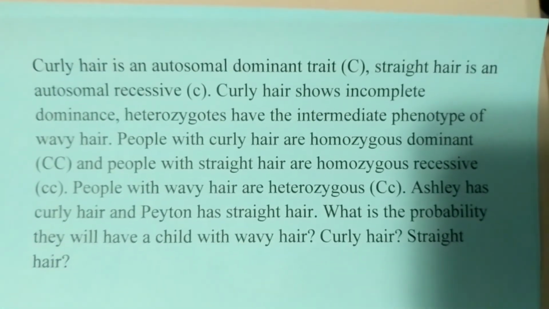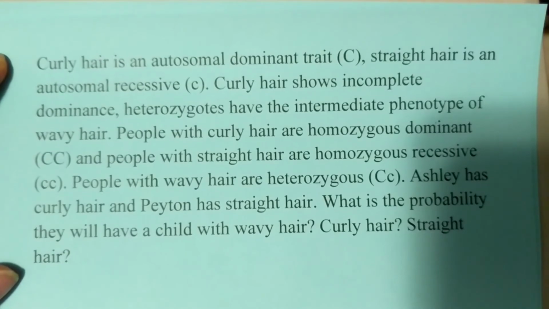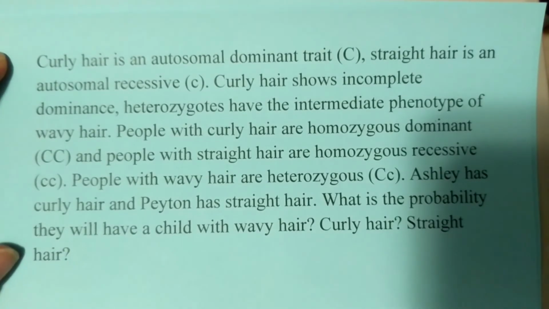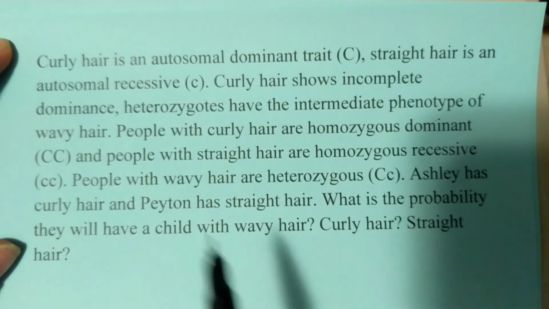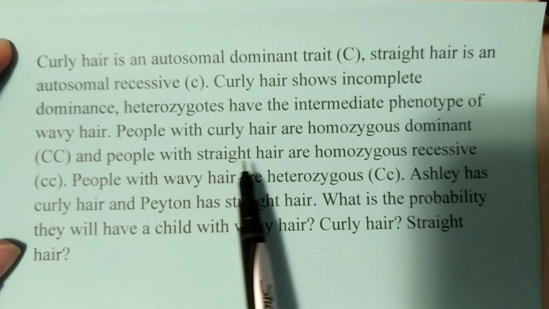Now, in our next question, we have curly hair is an autosomal dominant trait. I'm going to represent that with a capital C. Straight hair is an autosomal recessive, and we're going to have that with a lowercase c. Curly hair shows incomplete dominance. Heterozygotes have an intermediate phenotype of wavy hair. People with curly hair